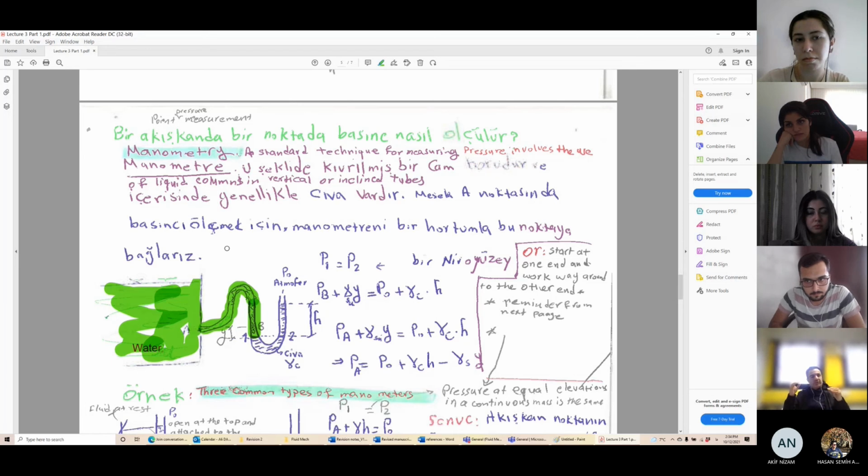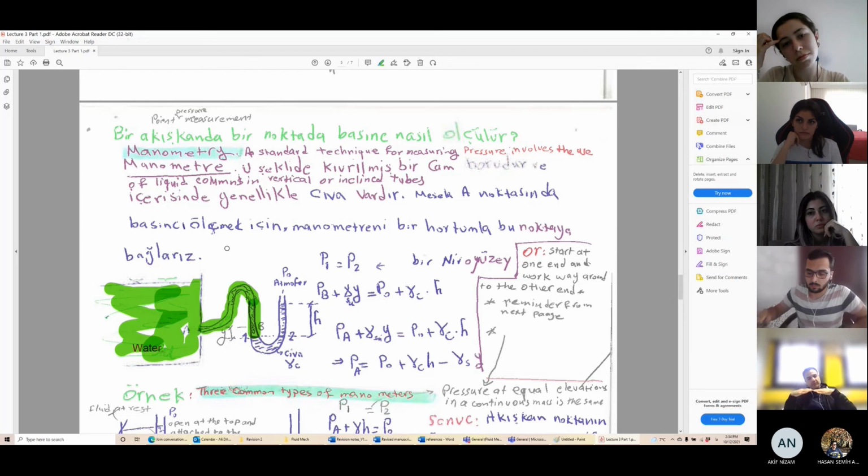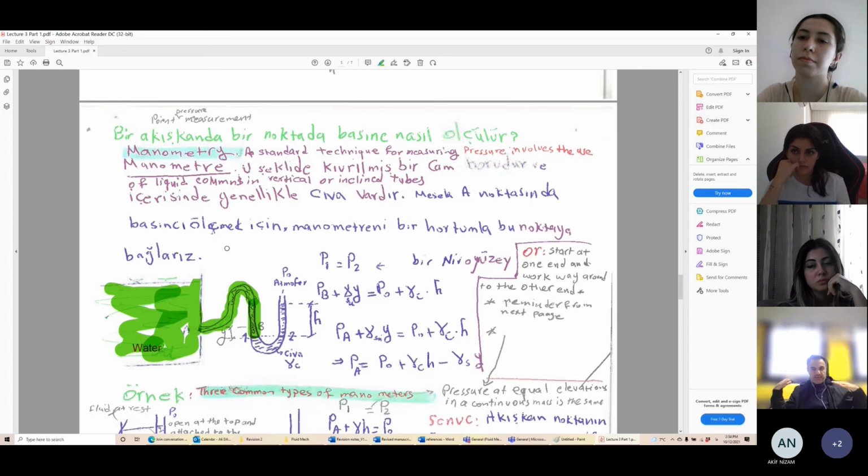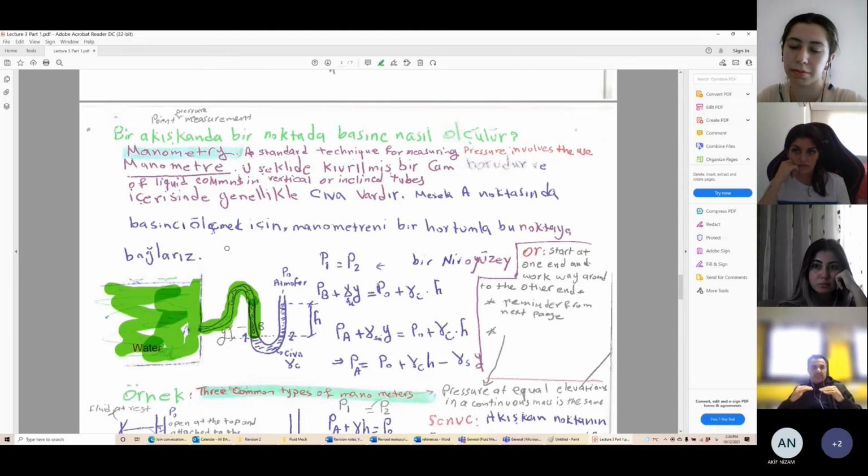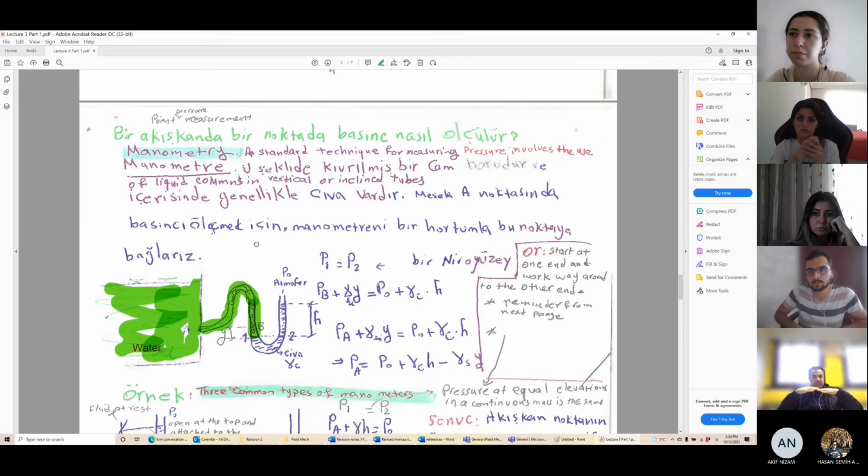After that, we can measure the pressure. How? With respect to the rule that we learned today: in any horizontal line, pressure should be the same, if there is the same liquid, or different liquids connected to each other at the same horizontal level,